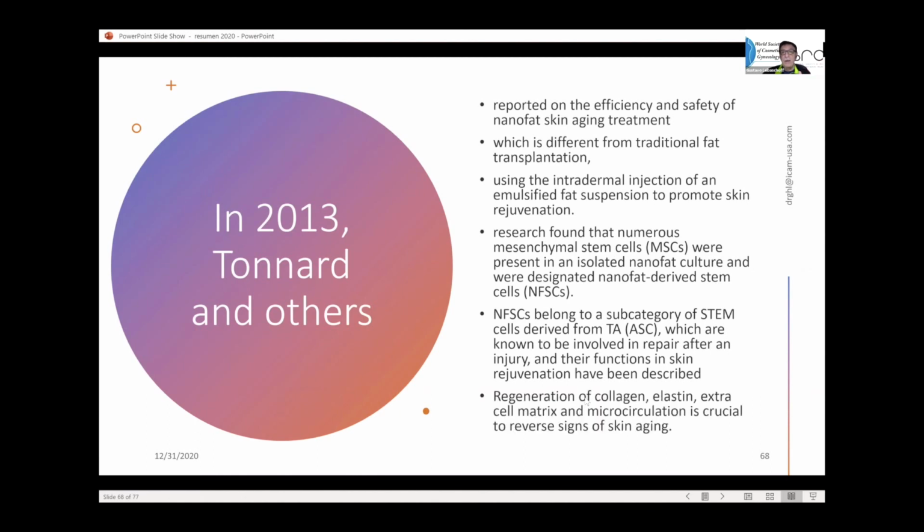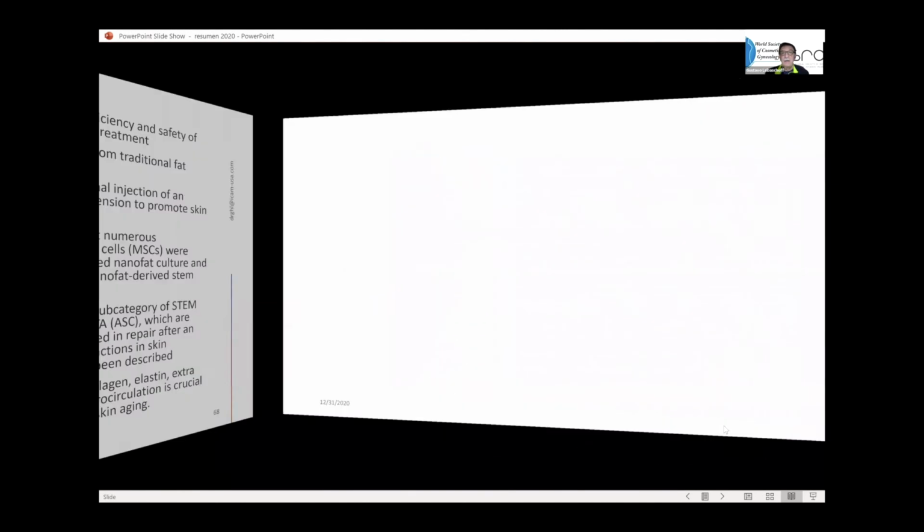And we add PRP to the adipose tissue because PRP increases the amount of stem cells, and we have a regeneration of the collagen, elastin, extracellular matrix, and microcirculation. This is crucial to reverse the signs of skin aging, as you can see. So,